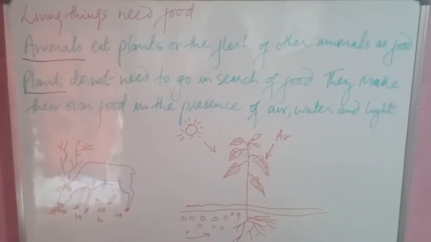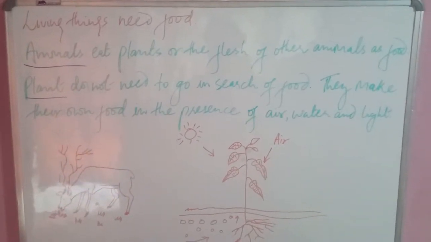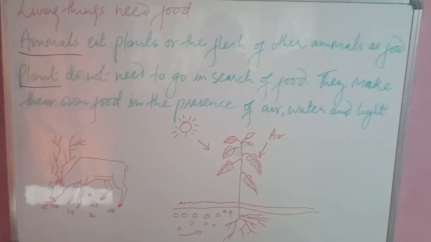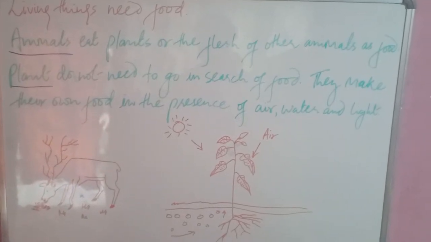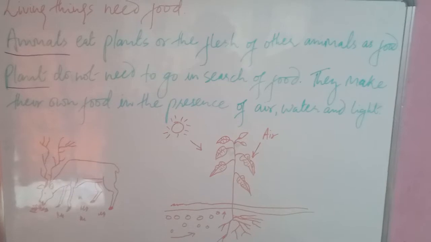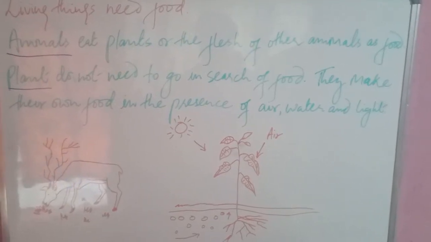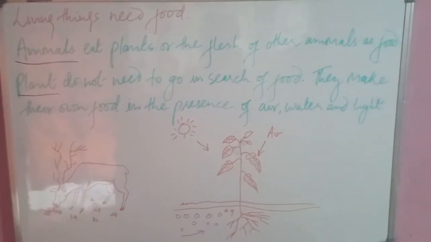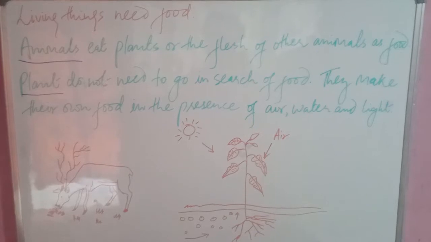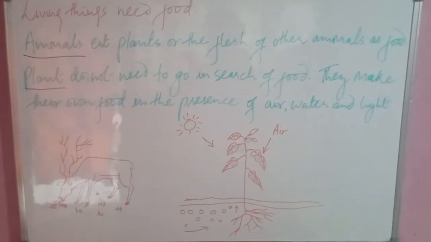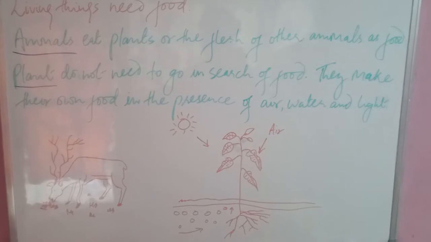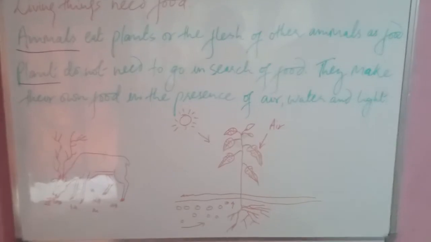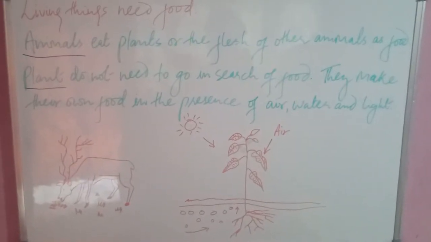Animals need food. Animals eat plants and flesh of other animals as food, but plants do not need to go in search of food. They make their own food in the presence of air, water and light. The process of making food by a plant is called photosynthesis, which you will learn in the higher classes. For now, understand that the animal eats both plant and animal, but plants need food from